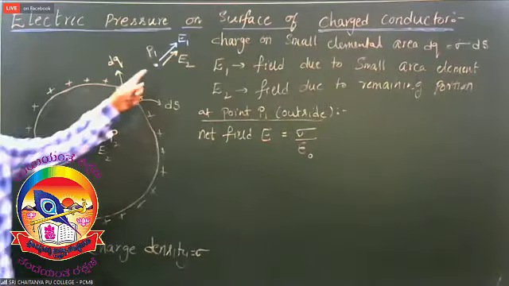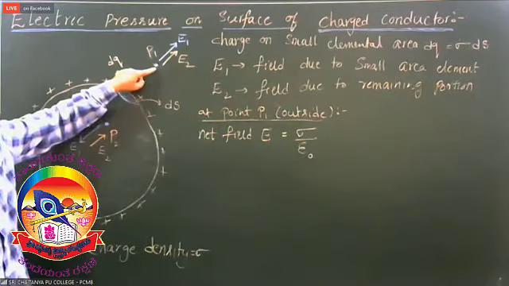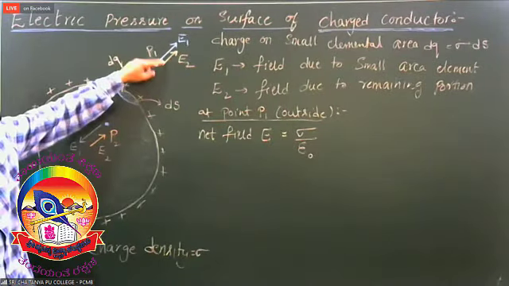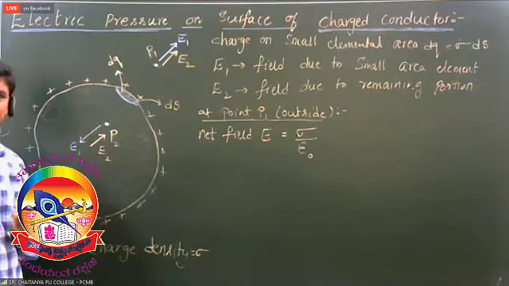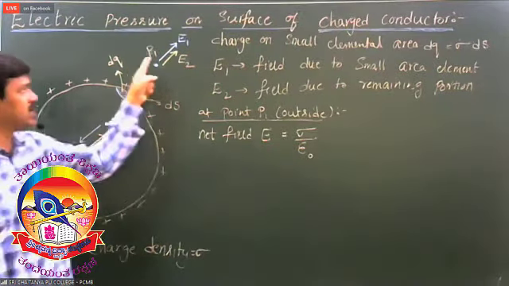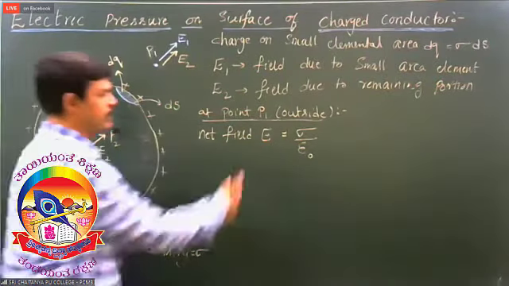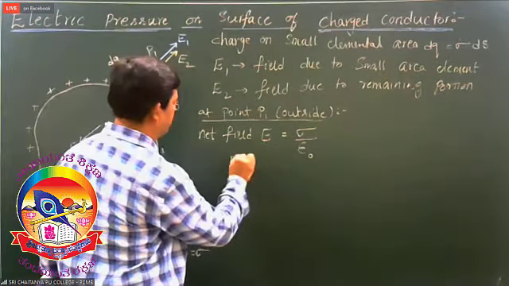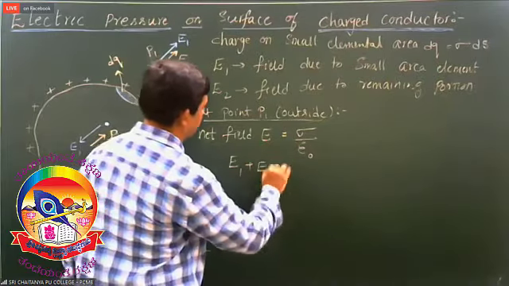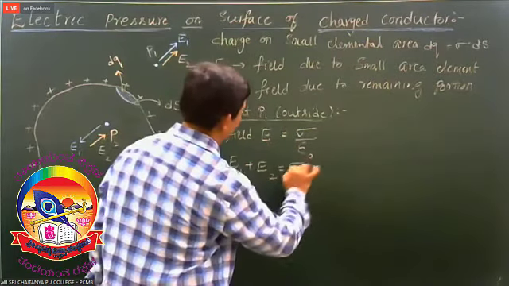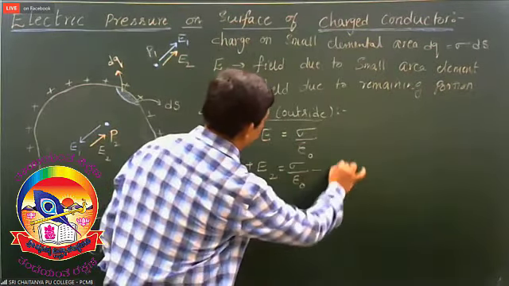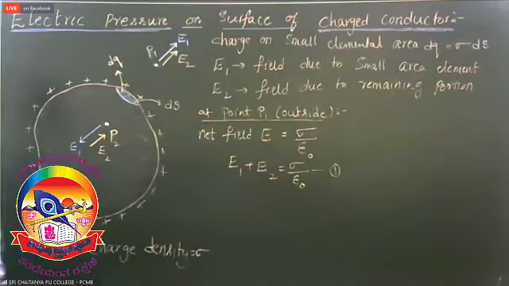But from the diagram, at this point, E1 and E2 are in the same direction, right? So if you are asking what is the net field, it is the sum of these two, E1 and E2. So how can I write this? E is equal to E1 plus E2, which is sigma by epsilon naught. First one. Well, next I come to